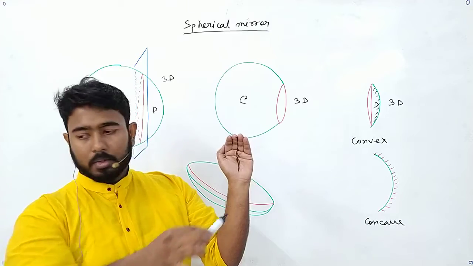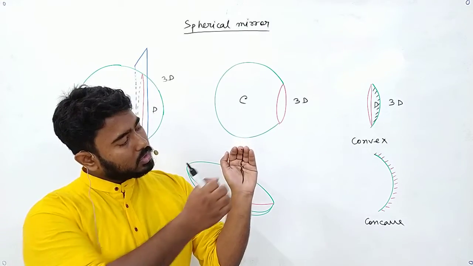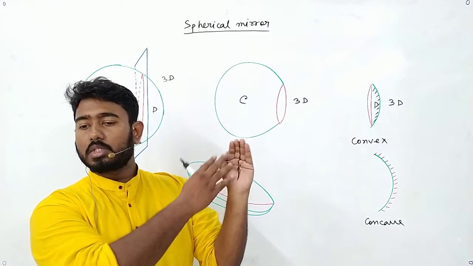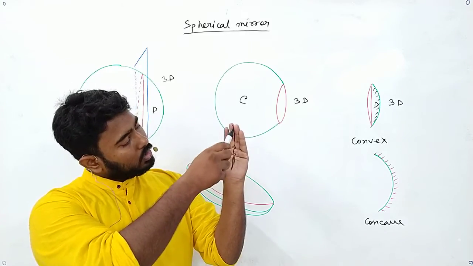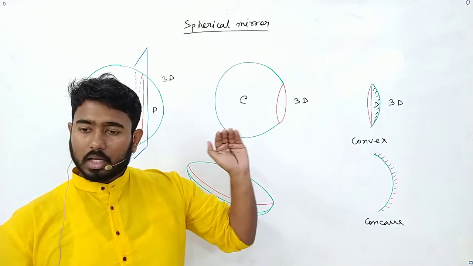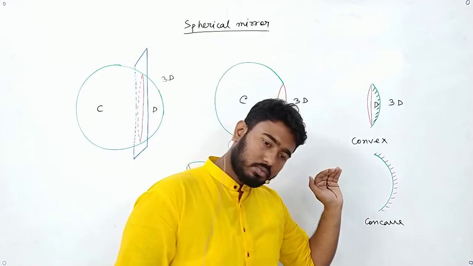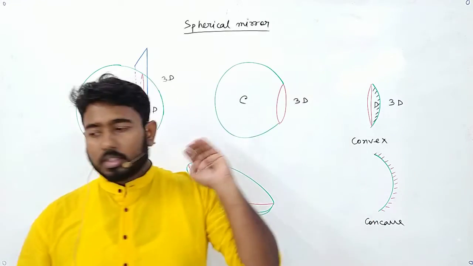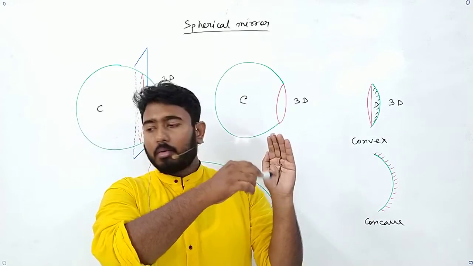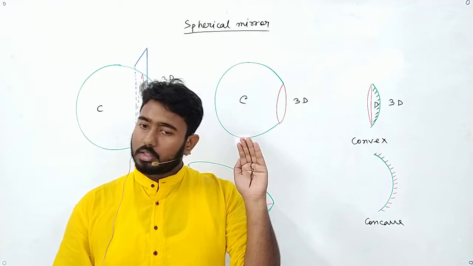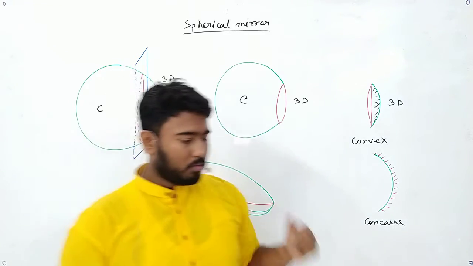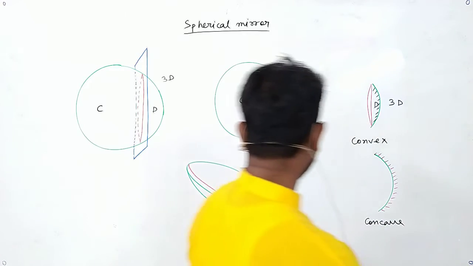The ray can reflect back from this line. So in this case, we don't need to think about the whole surface. We can only think about this line, right? Can we only think about this line? Yes, we can think about this line. So in this kind of surface, we can think about this line. Right? Now we are interested in this case only.